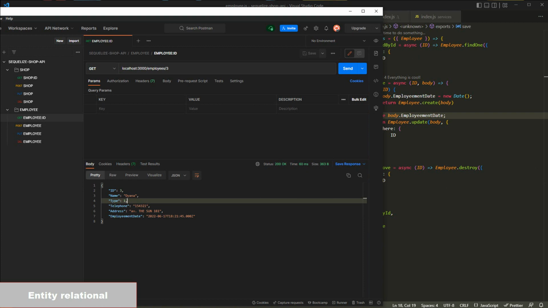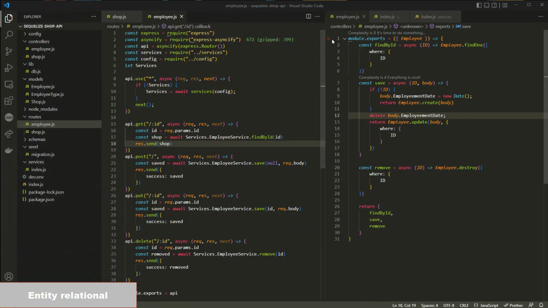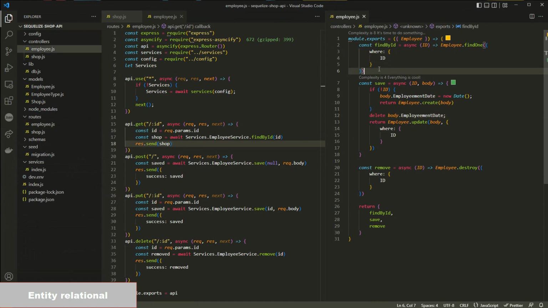So in this case, I wanna use an inner join in Sequelize in order to get the description from the second table. So in this case, for example, employee, I wanna say